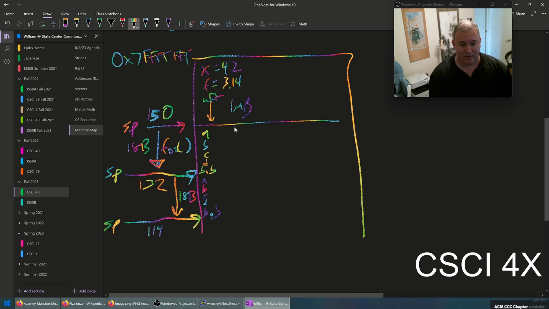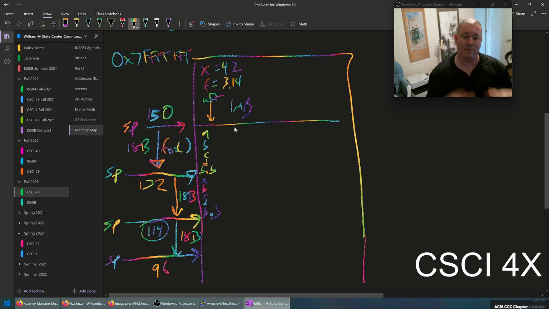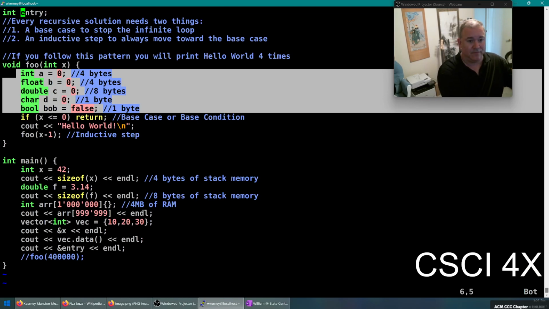114. Good. And then what does the function do? Well, it calls itself again. So the stack pointer moves down again, and it's going to keep moving down and down. So what is the memory address? What is 114 minus 18? Good. 96. And it's just an infinite loop, right? So every time the function calls itself, it is going to be moving that stack pointer down and down and down, 18 bytes at a time, actually a little bit more. But if we do this in an infinite loop, well,